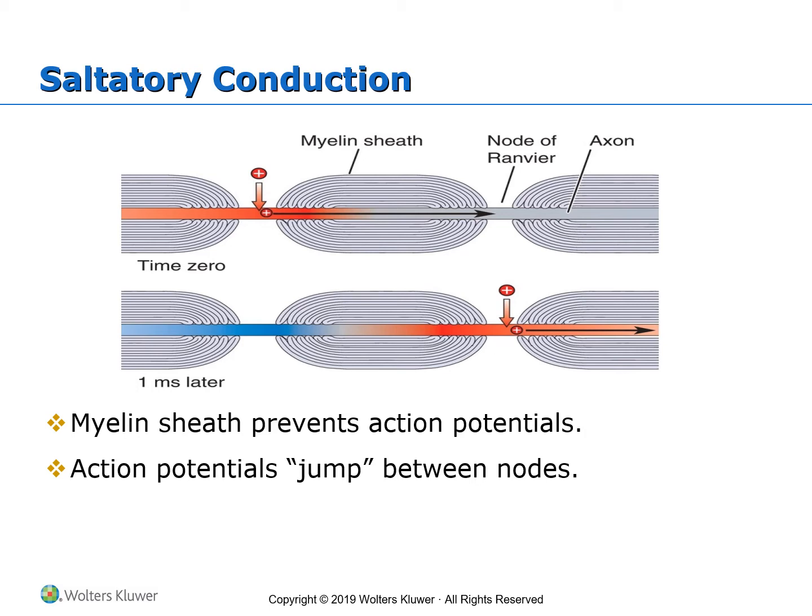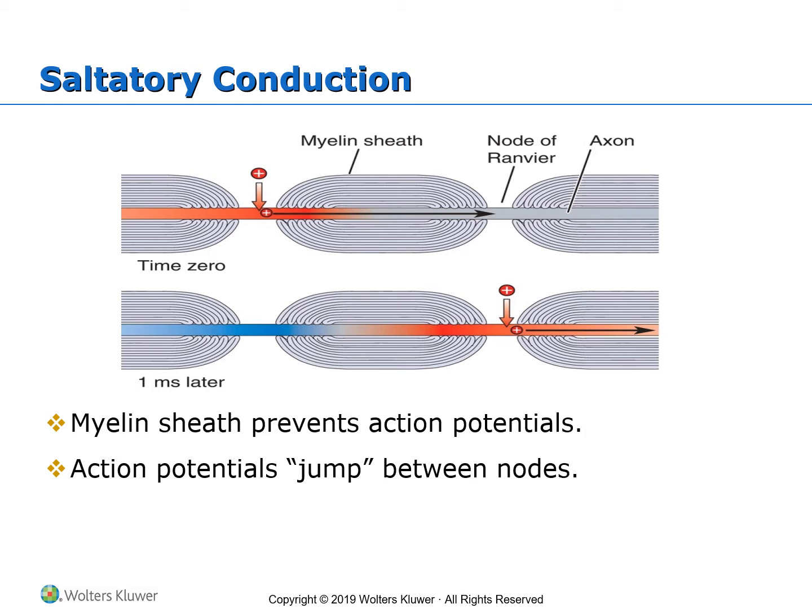When myelin is present on an axon, it insulates some areas, so the current cannot spread through those that are insulated. This will appear to slow or stop conduction, but in fact, the myelin sheath is speeding the conduction because the action potential will jump like a spark from node to node. And this conduction is called saltatory because of that.